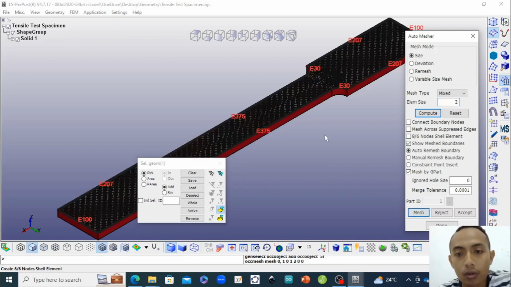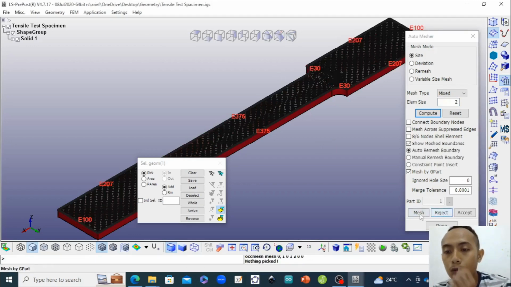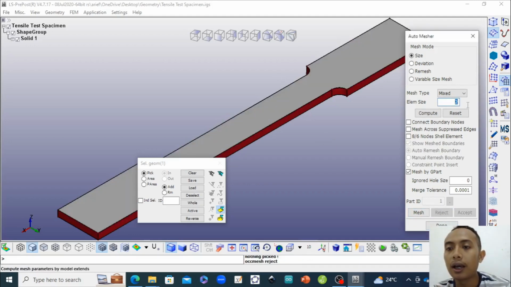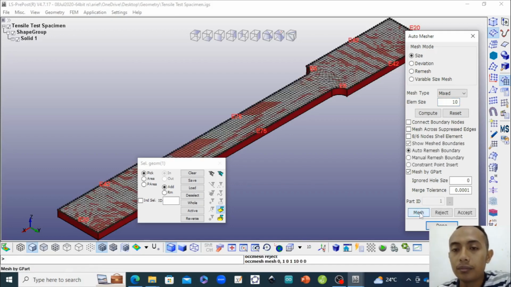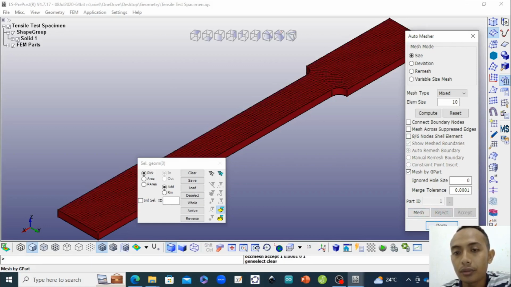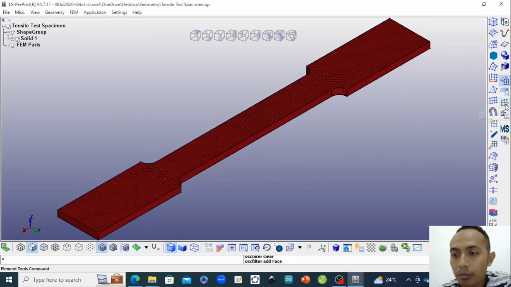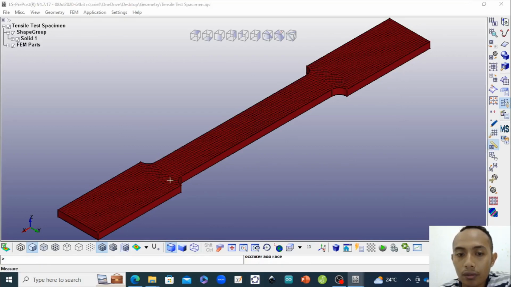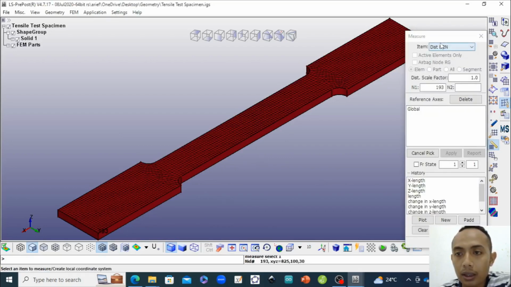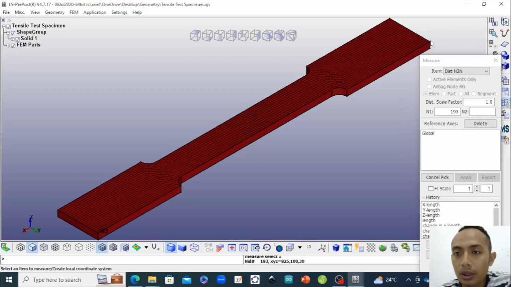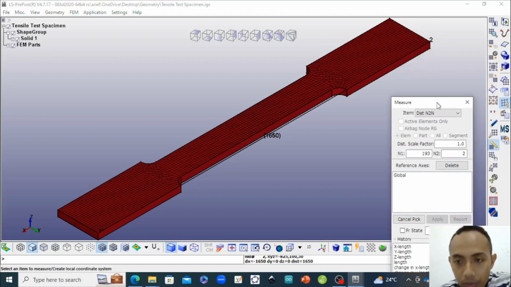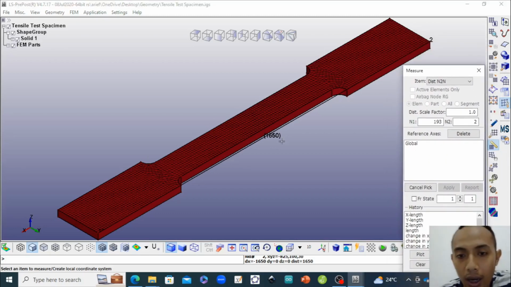So this is so small, just reject it and try to make maybe 10. Okay, it is better now. 10, accept. Okay, in here you can measure the overall length. Select the nodes in the edges, and oh, this is so long. It is impossible. The specimen of a tensile test